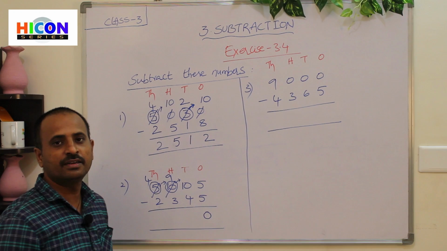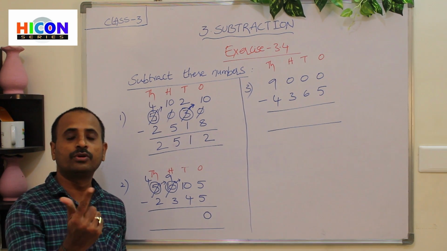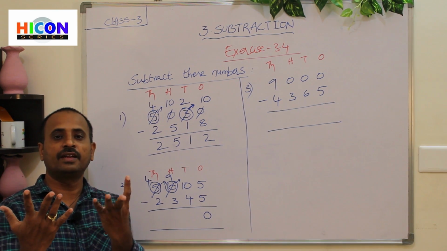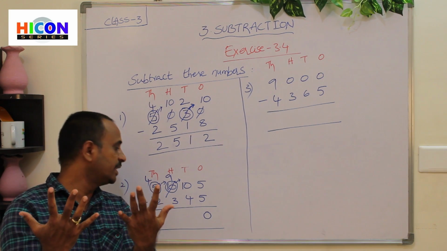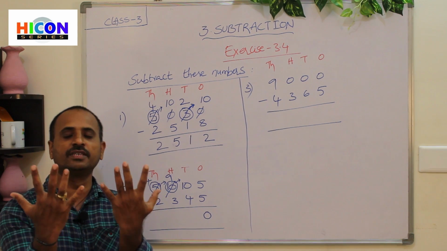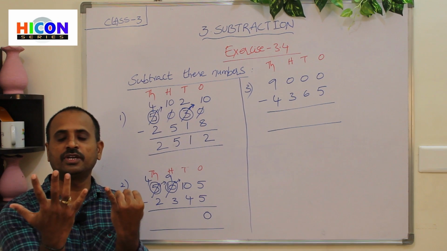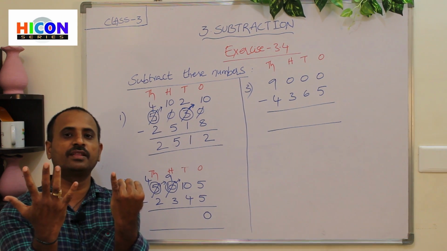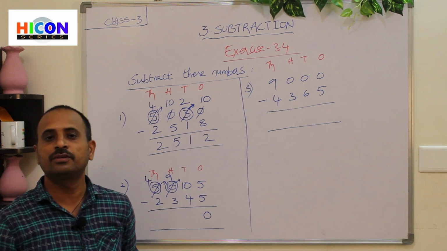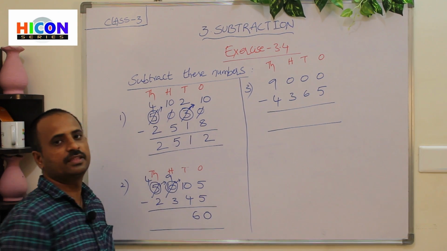So the first number is 10 and the second number is 4. So open 10 fingers of your hand. 1, 2, 3, 4, 5, 6, 7, 8, 9, 10. These are the 10 fingers. What is the second number in tens place? 4. So close 4 fingers among these 10 fingers. 1, 2, 3, 4. So children, how many fingers are remaining? 1, 2, 3, 4, 5, 6. So total there are 6 fingers in the tens place. So write 6 in the tens place.